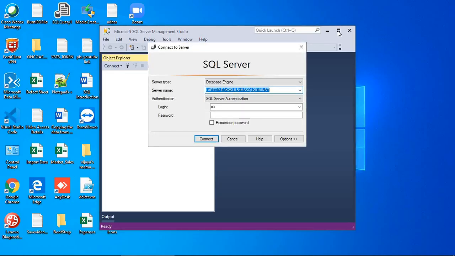Once you open this SQL Server, it will ask for some credentials and server information. Here you can see the connect to server window.